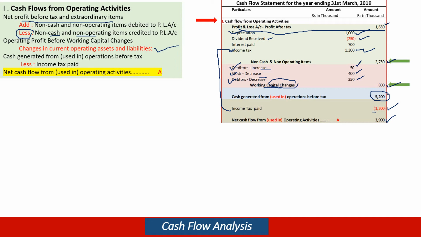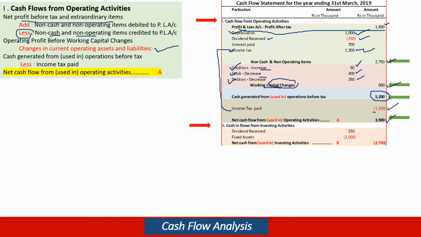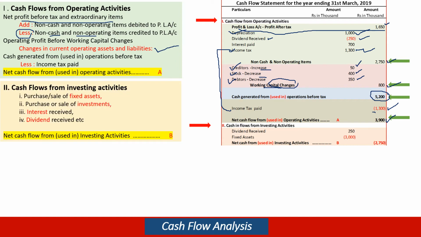Then, as we saw, subtotals we are putting. Once we get it, we go to the second stage, cash flow from investing activities. What is investing activities? Investing in the fixed assets. Investments. In the balance sheet side, we have got fixed assets, investments and working capital assets, current assets. Fixed assets and investments come under the grouping of investing. On the investments, if it is a debenture investment, we might receive interest. If it is an equity investment, we might receive dividend. All these are covered under this.